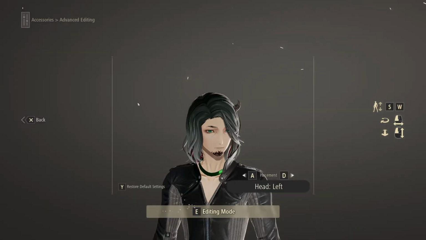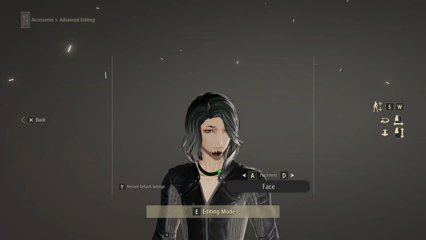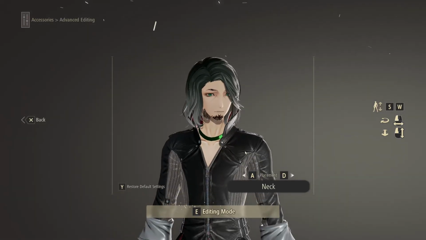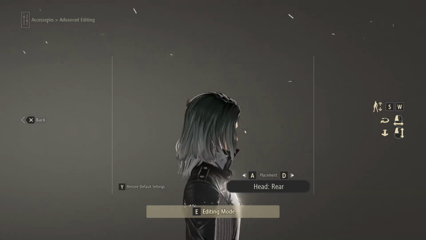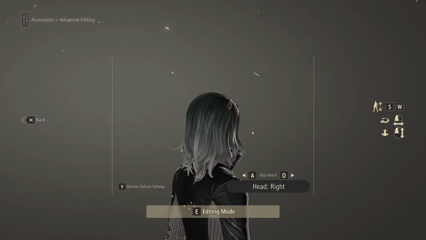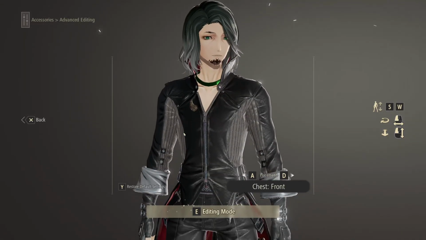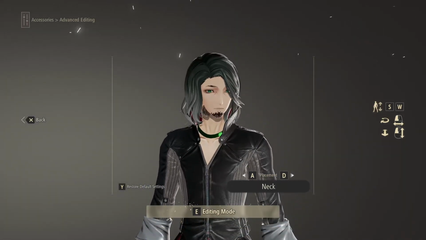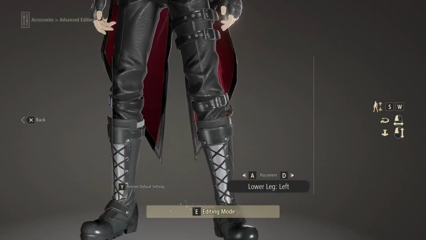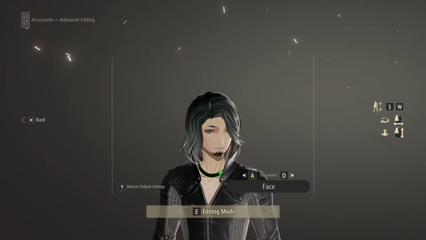Advanced settings. Placement. Face. Oh, look at this. Head left. Face. Neck. No. Rear. Okay. That's the thing. So you can have some kind of crown almost. Interesting. Chest is also a thing. What? Really now? Just go to the left. Lower. Okay. No. You can have some kind of like...